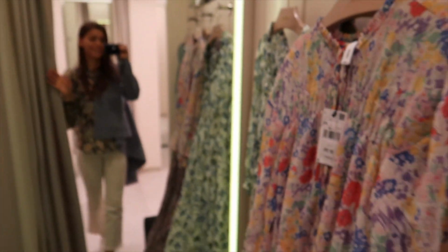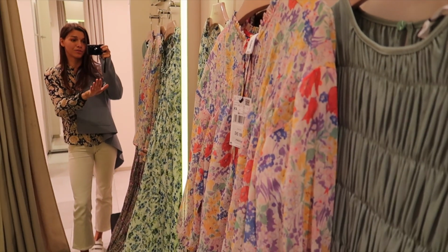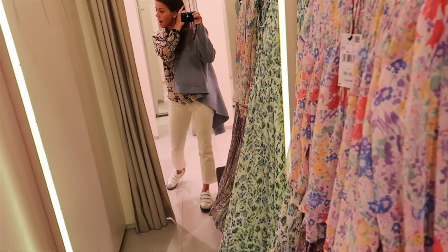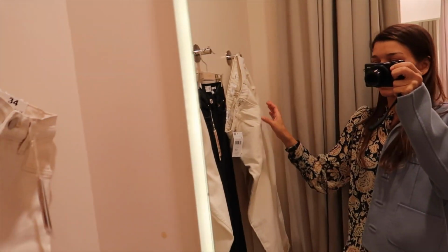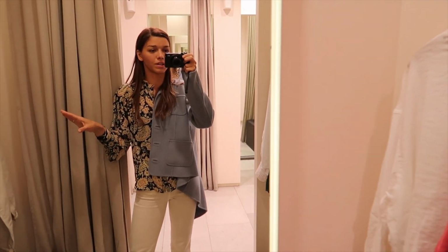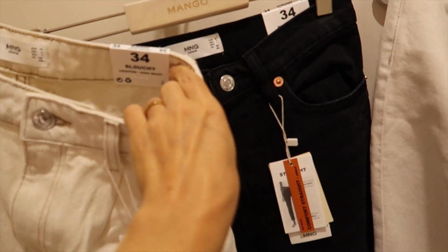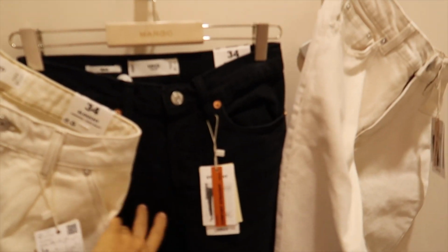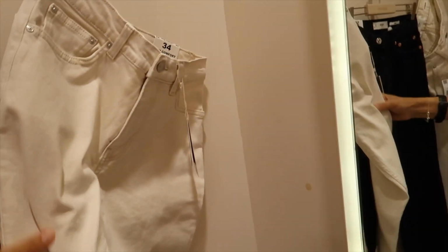These dresses are so me, but like three years ago. I think I've already been through that phase. I wore those colors, I wore those prints, and now I'm just myself. I'm more into the separates. If you're in the same mood as me this season, I'm going to be trying the slouchy jean with some of the blouses, a black, slightly washed-out denim that would go really nicely with the whites,